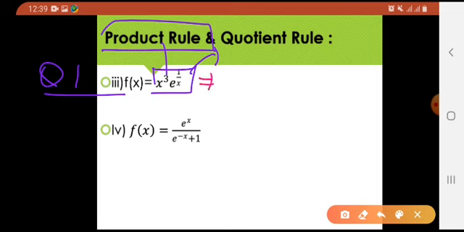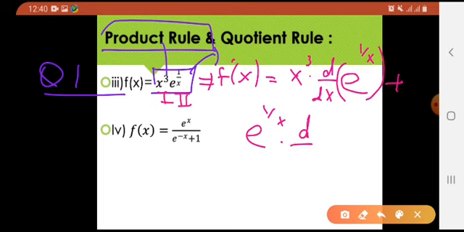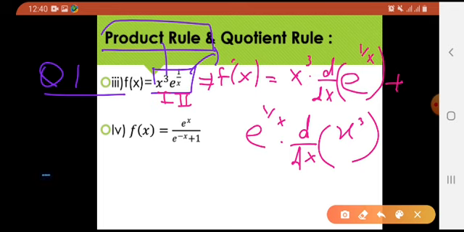So I am going to apply derivation on both sides. So it would be f dash of x, and here what will we apply? Product rule. The first function is this and this is my second function. How would we apply that? It would be first function as it is into derivative of e raised to the power 1 by x plus second function as it is into derivative of first function, which was x cube. Now let us find the derivatives. Let us get the answer.